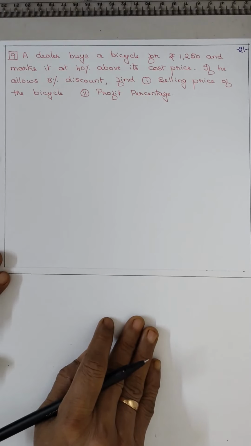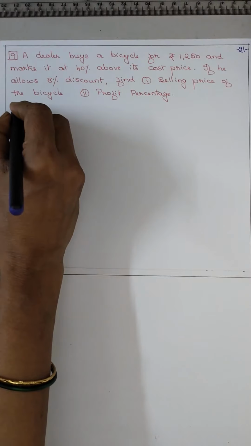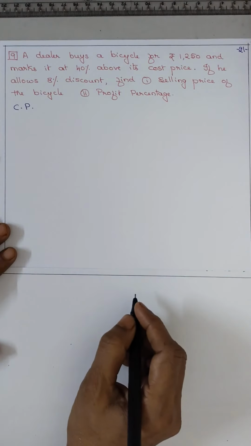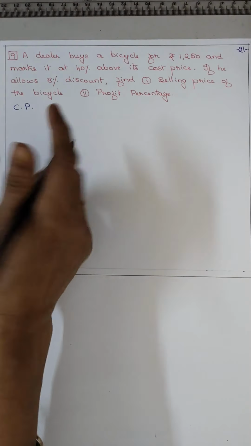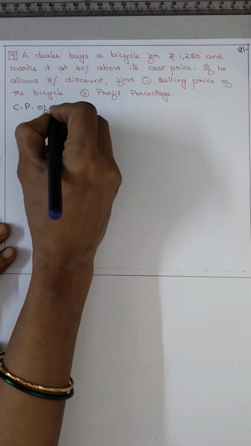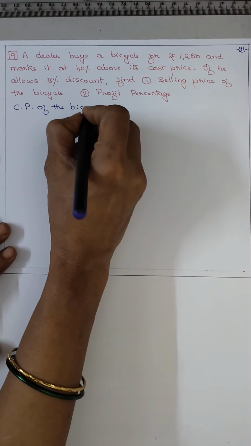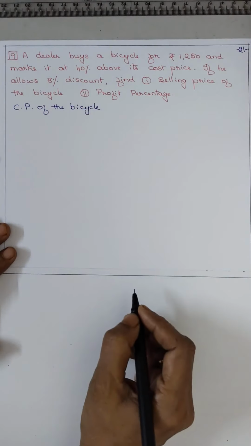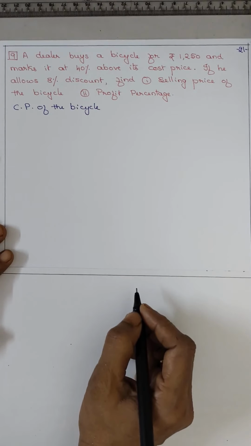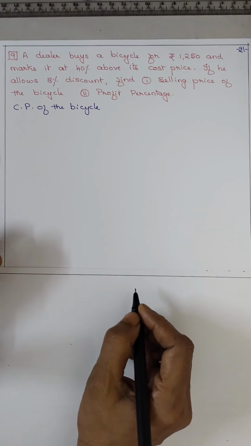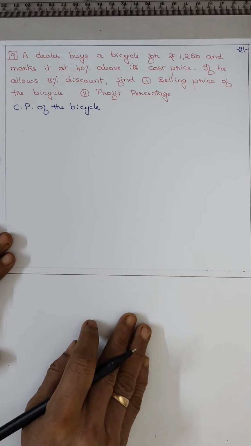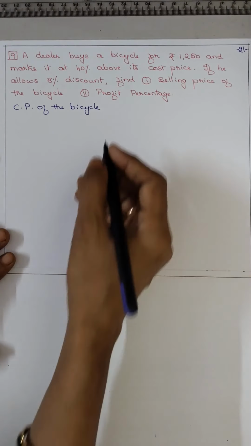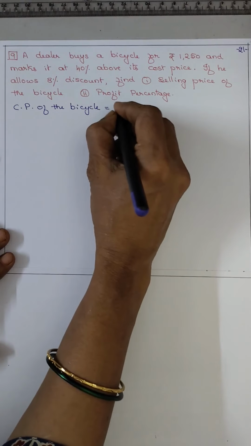So we will write what all is given, the CP, isn't it? Now it is not the SP. He buys for selling. That is why it is the CP of the bicycle. Remember, if MP is given, then when we say MP, it is the selling price. Here this man took the bicycle for selling, so this means it is the CP. CP of the bicycle is rupees